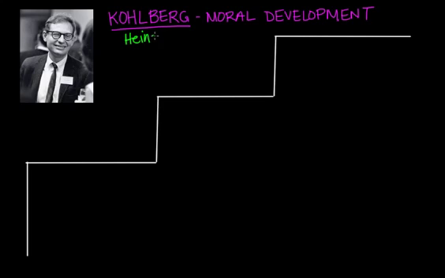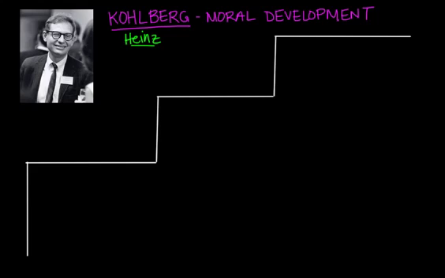And after he told this story to the children, Kohlberg asked them a series of questions, like, should Heinz have stolen the drug? Would it change anything if Heinz did not love his wife? What if the person dying was a stranger? Would it make a difference? And should the police arrest the chemist for murder if the woman died?